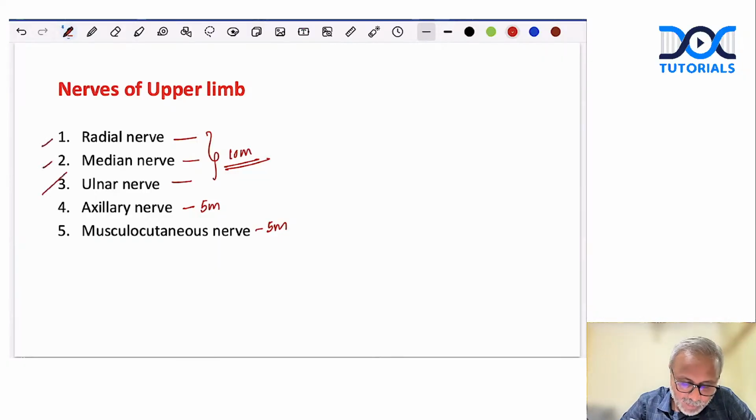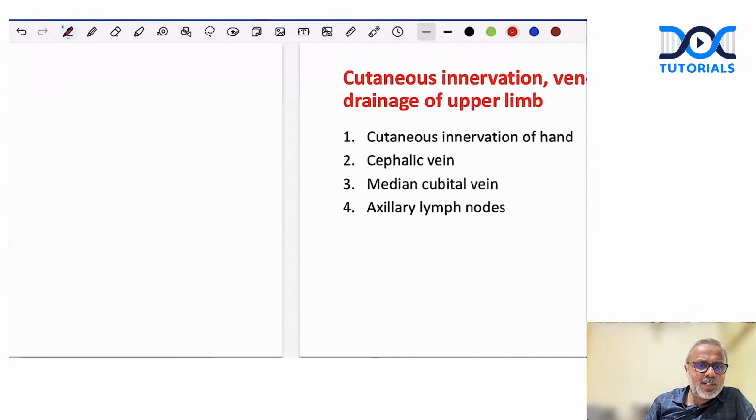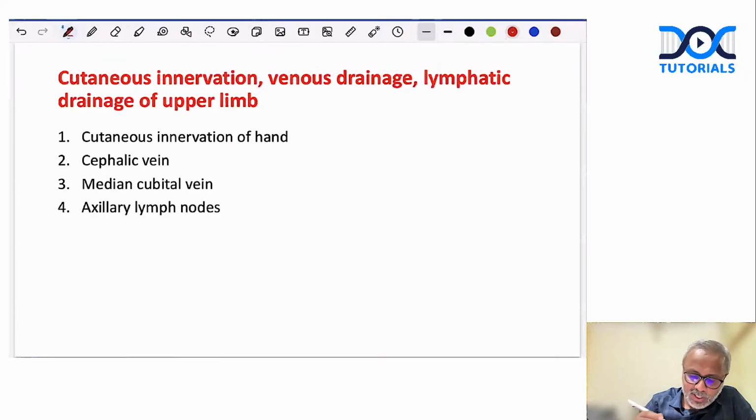So these have already been asked as 10 markers. So please be prepared for these three nerves for a long essay or 10 mark question. In the chapter of cutaneous innervation and lymphatic drainage, we can expect a 5 marker or a 3 marker question